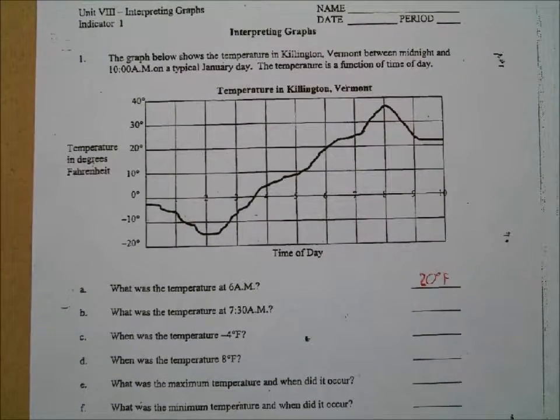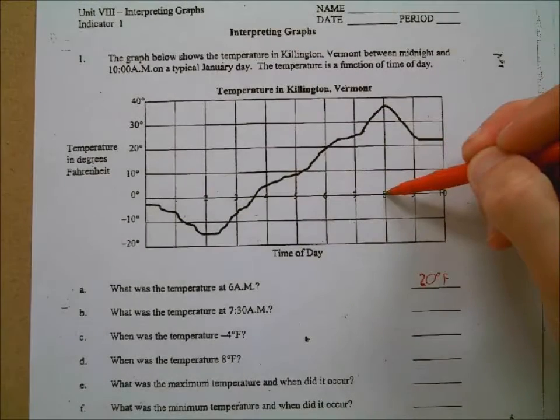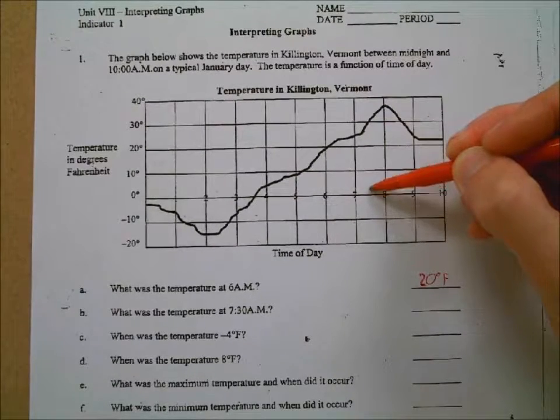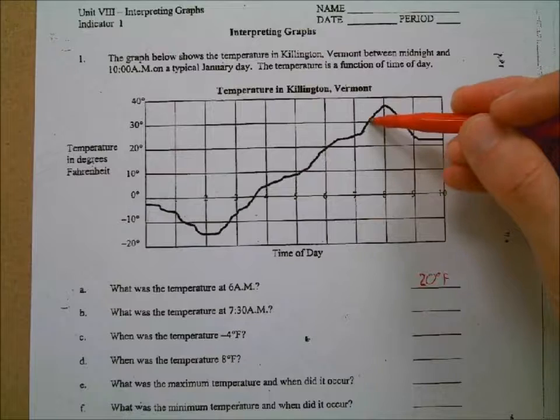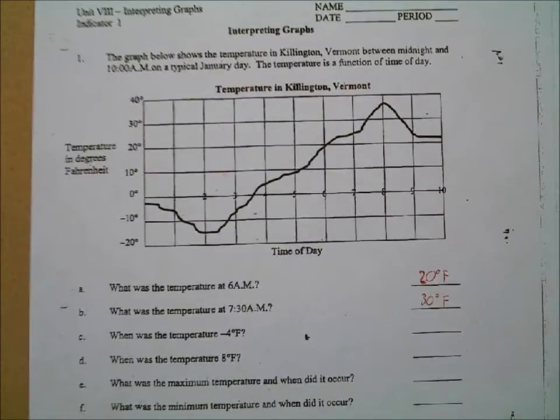Well done. Let's go to Mark. Mark, what was the temperature at 7:30 a.m.? At 7:30 a.m. it's like 25. Okay, let's see here. So 7:30, well, there's 7, there's 8. So to find 7:30, Mark, where should I go? In the middle. And then we're going to go up. Let me just look right there. What would that temperature be? Oh, 30 degrees, yeah. Yep, 30 degrees. Good job. Okay. Now the next question.